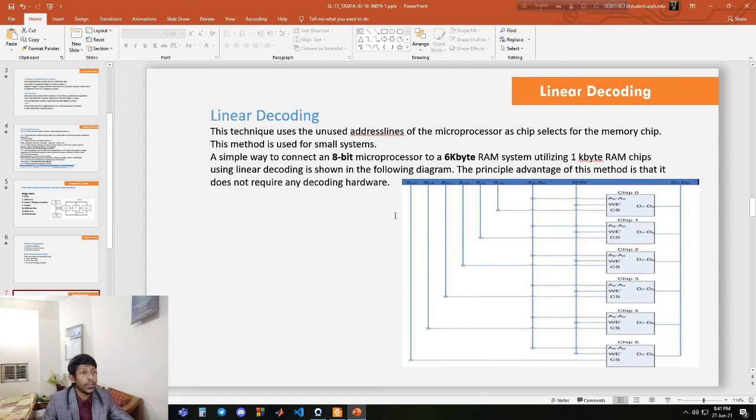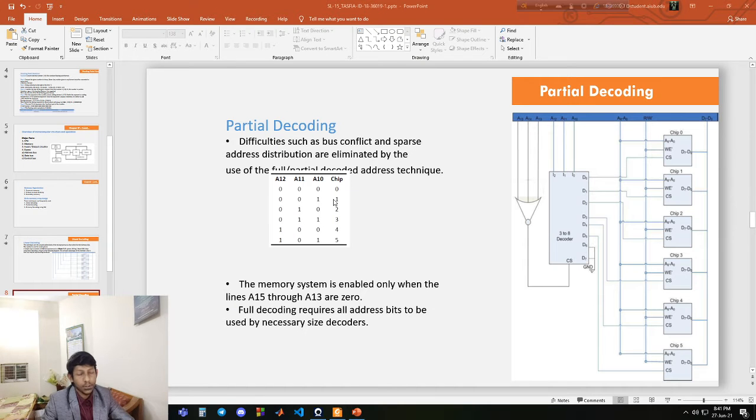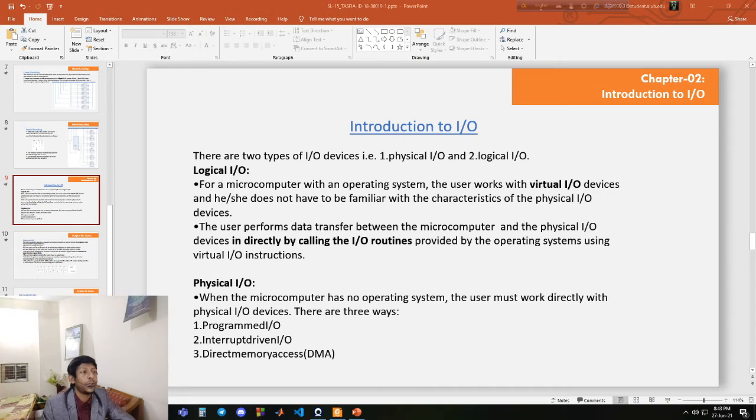We can see in the linear memory, it's a way to connect an 8-bit microprocessor with 6 kilobyte RAM. The main disadvantage of this linear decoding is that it uses some unnecessary chips from the microprocessor's RAM. But here we can see that partial memory doesn't use some unnecessary chips from the RAM. So let's move into our chapter 2,